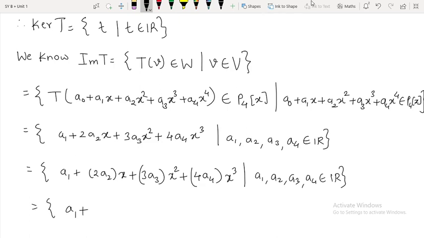Now why am I saying this? See, if a2 is a real number, and if we multiply it by 2, still it is going to be a real number. Okay, it is in fact any real number. Okay, this twice a2, so 2 is not going to change anything. Similarly here also a3 is a real number, so if you multiply it by 3, it is not going to change anything regarding this variable. Okay, try to understand this, what I am trying to tell you.